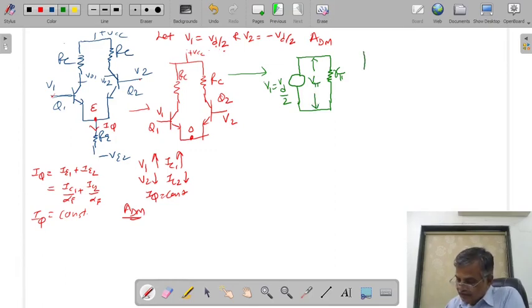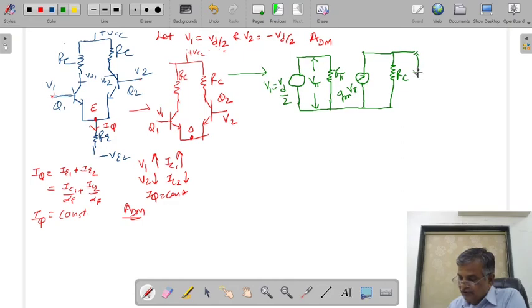Here I am showing you the transistor working as a current source. Already I have discussed in many lectures what a current source and a voltage source are. Gm into V pi. Here I am showing the resistor across which you are taking the output voltage. The same circuit you can draw. This is the circuit for this one only.